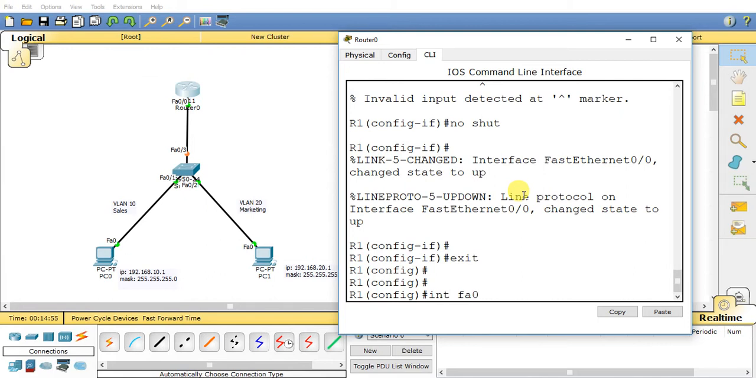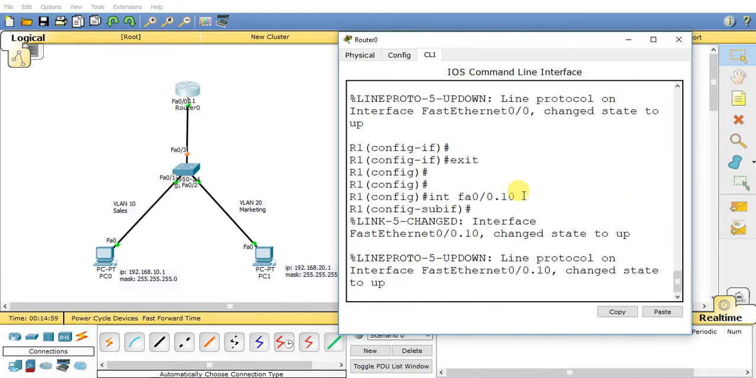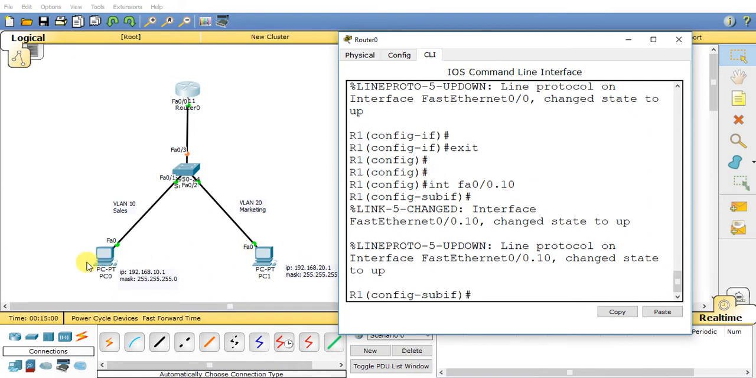Interface FA0/0.10. This interface I have created for VLAN 10. And then the next thing I'll do, I need to assign an IP address for this sub interface. So, IP address 192.168.10.100